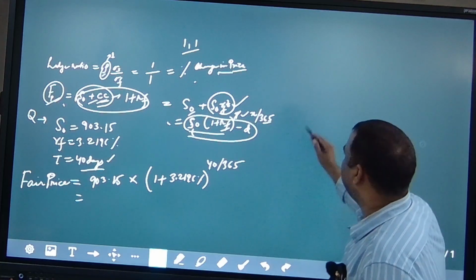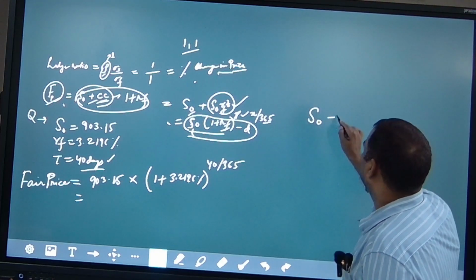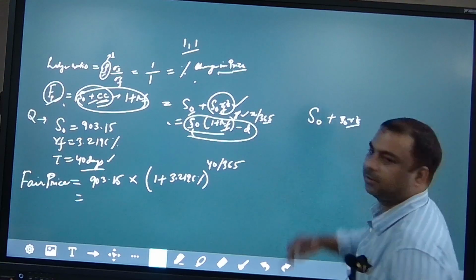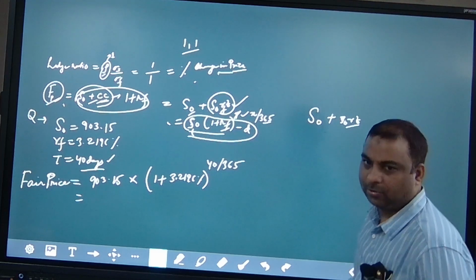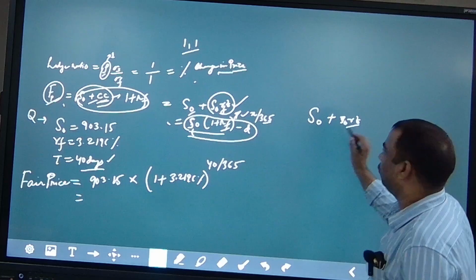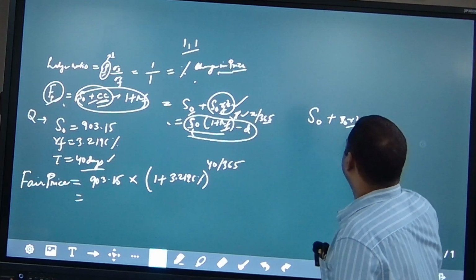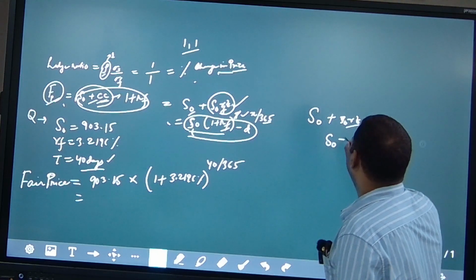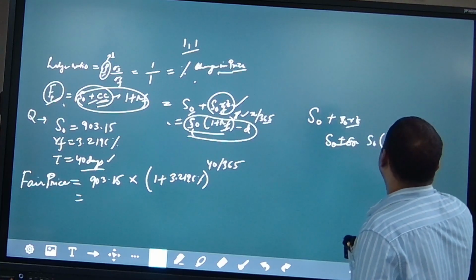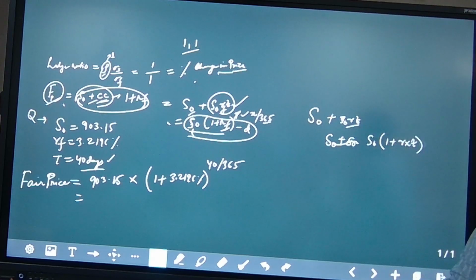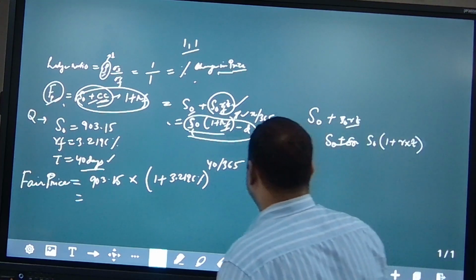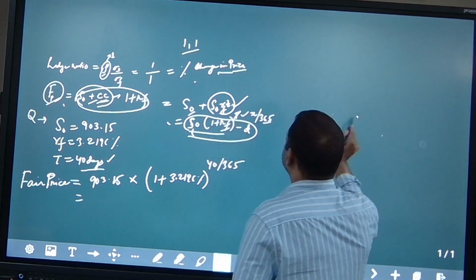Okay, you can write like this also, S naught plus S naught RT, ये लिखा ना हमने, आर टी ऐसे लिखा है, ठीक है। और इसको आप ऐसे भी लिख सकते हैं, अगर आप सिंपल इंटरेस्ट करेंगे तो पावर ना करके, एस नॉट प्लस, इसको लिख सकते हैं एस नॉट 1 प्लस आर इंटू टी, ये भी लिखते हैं ना, सिंपल इंटरेस्ट भी लिखते हैं ना। सिंपल इंटरेस्ट में देयर इज ए नो कंपाउंडिंग, यू कैन इजली राइट, ठीक है।